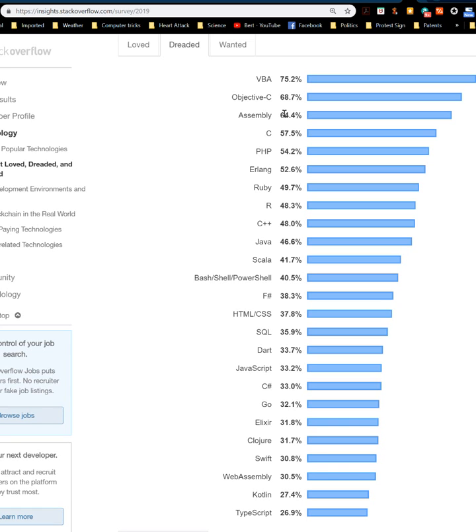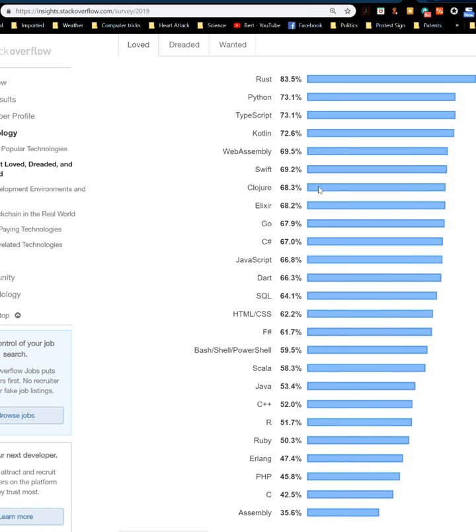But I actually like assembly language quite a bit. Again, if it's a system you designed anyway. I don't know how much I'd like it if I didn't design the hardware. Ruby is actually not that much loved, but not that much hated either. But you get down to TypeScript, and it's fairly well liked. So anyway, it's an interesting little graph.